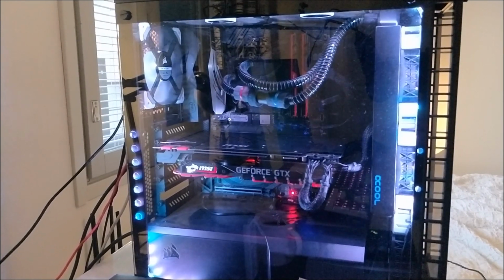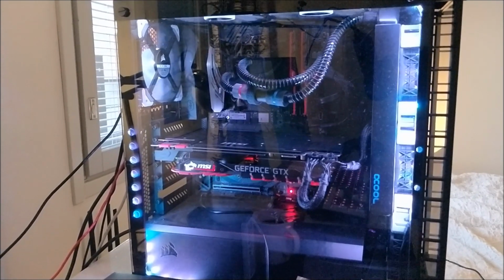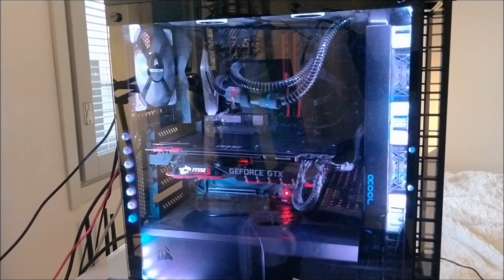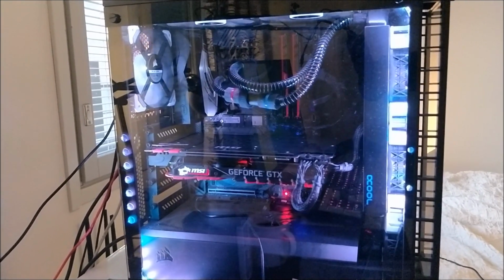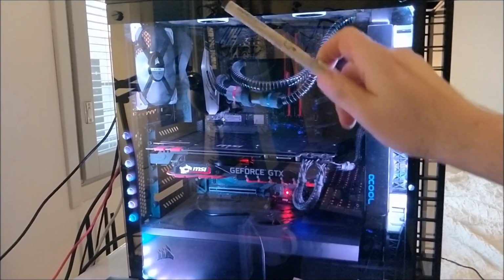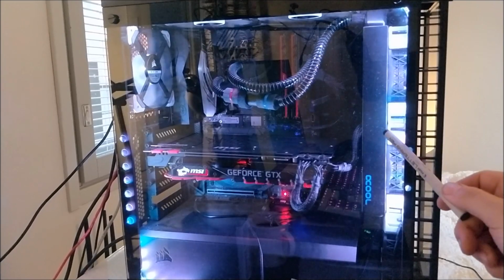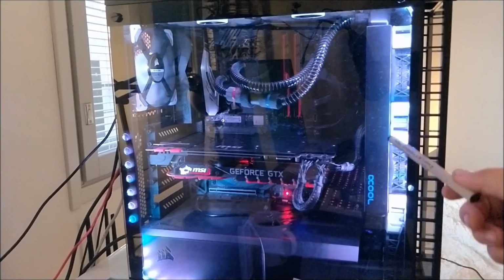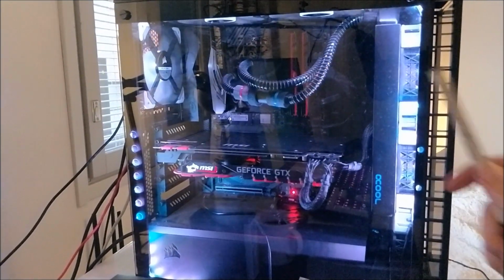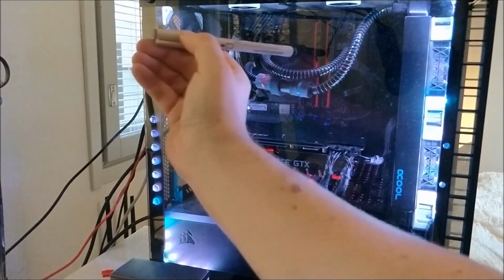Alright, hey, just a quick addition to the video. I forgot to mention what kind of cooling I am using. So here you can see my system. It's in a Corsair 460X case, a glass case with tempered glass side panels. So I'm using the AlphaCool Ice Bear as my CPU cooler. It's an all-in-one cooler, AIO, with a copper 240mm radiator as an intake on the front, and I have another intake fan over here pushing air to the